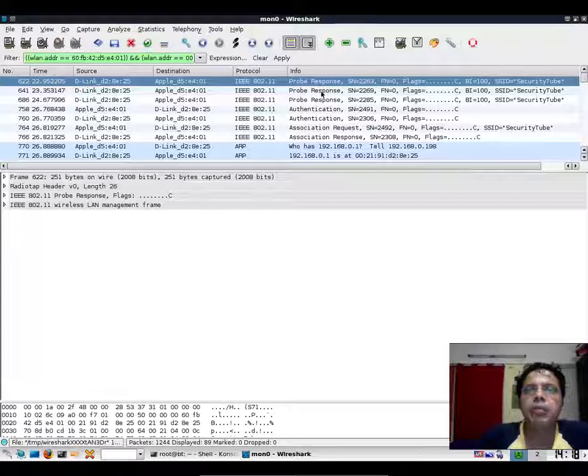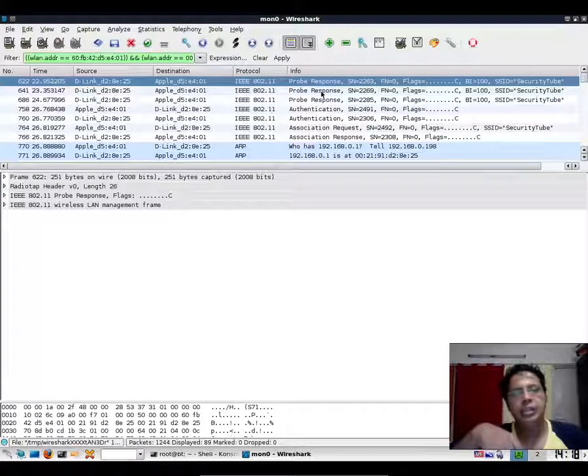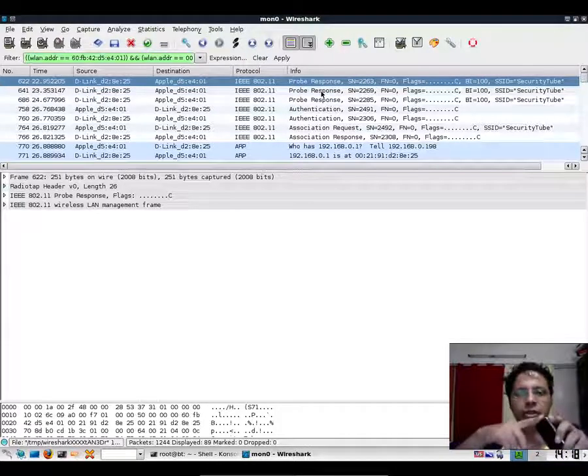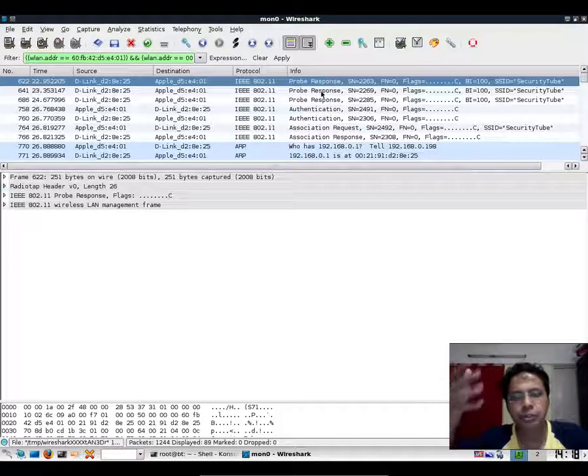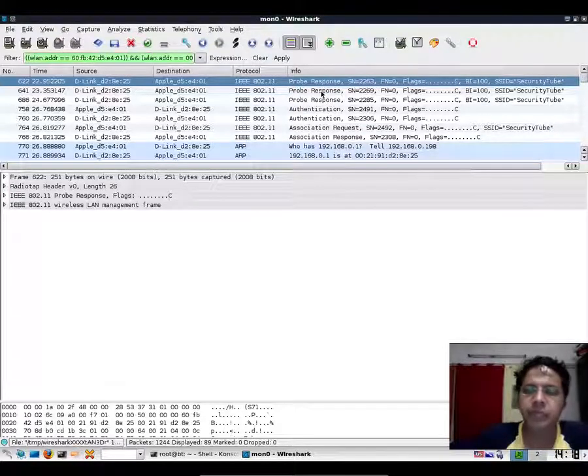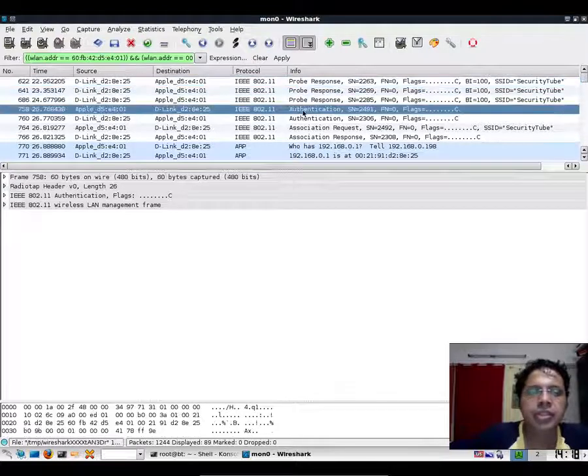Now depending on some user action, as in this case I had already configured to connect to Security Tube, so there was an auto connect, or a user may see the list of access points and SSIDs available and select one from the list, as you may remember in Windows and other operating systems. Once that happens, the client sends an authentication request packet to the access point.